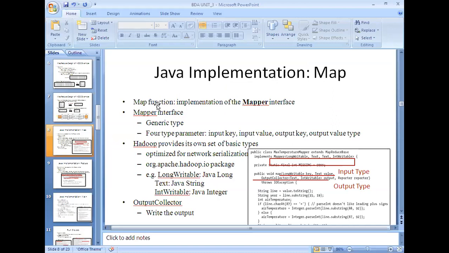The map function is the implementation of the mapper interface. It is a generic type, in the sense that it will accept the type as a parameter. You can pass any type of parameters as